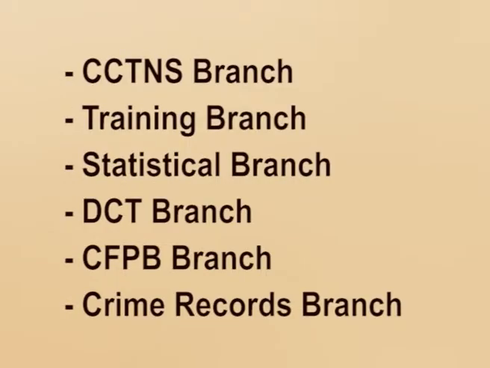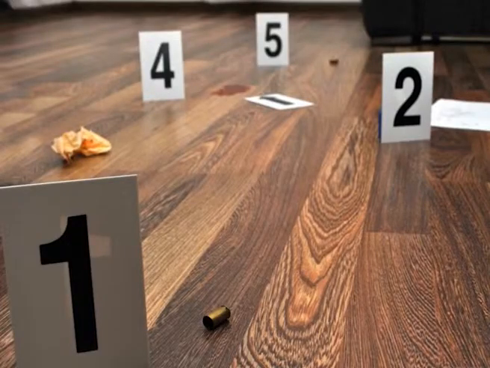CCTNS branch, Training branch, Statistical branch, DCT branch, CFPB branch, Crime Records branch. CCTNS branch. CCTNS stands for Crime and Criminal Tracking Network and Systems. CCTNS adopted the principle of e-governance. It aims at creating a comprehensive and integrated system for enhancing the efficiency and effectiveness of policing. For investigation of crime and detection of criminals, it creates a nationwide networking infrastructure for evolution of a tracking system around all the